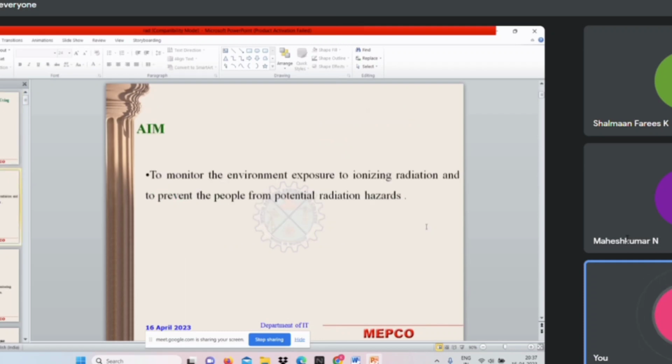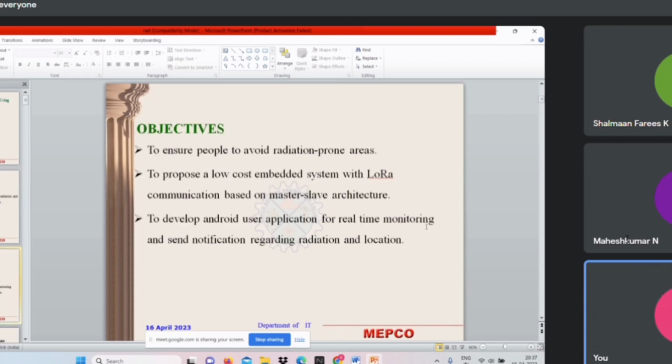Our aim is to monitor the environment exposure to ionizing radiation and to prevent people from potential radiation hazards. The main objective of this project is to ensure people avoid radiation prone areas, and we have proposed a